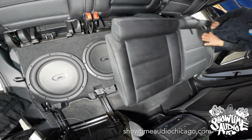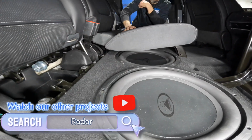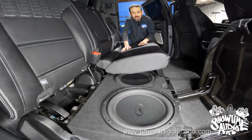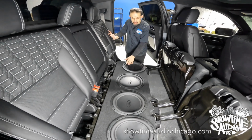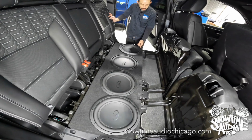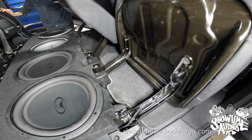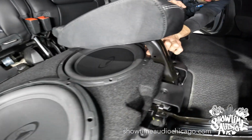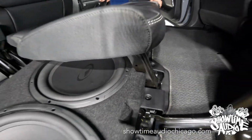I'm gonna close the seat. If you take a look right here, that woofer is insanely close, but it does not hit. We checked it full tilt, doesn't even touch. Now, the other thing is, see, these woofers are the actives and they luckily were further forward, but we also had to be conscious of these legs. The legs actually sit right here. So when you close the seat, you can see the leg sits here and here. And if you see how close it is to that sub, I mean, just a huge, huge